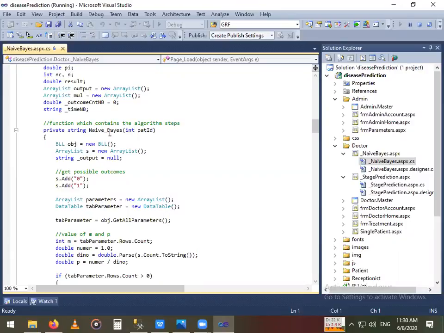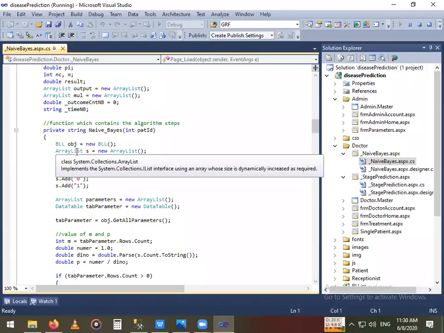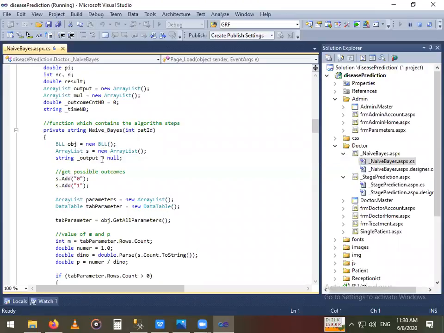Coming to the function, here it is naive-Bayes, and we are going to create an array list object which is just a buffer to store the data. Next, again we are going to create an output which is initialized to null. And since the output is either yes or no, we are going to append the array list with 0 or 1.